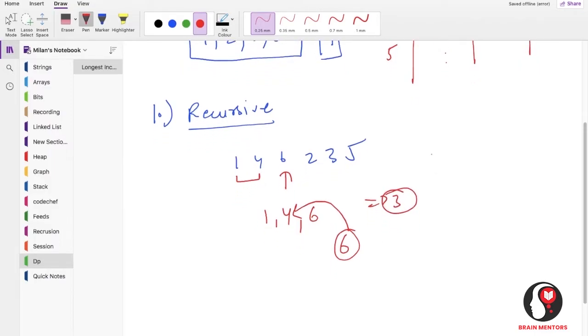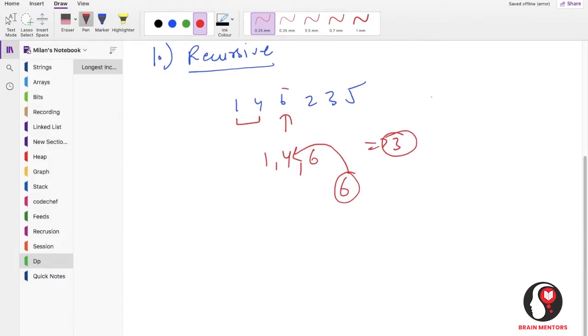Basically, if the current element is greater than the previous element taken of the subsequence, then we add 1, because our current element is added to the previous subsequence length, right? Previously it was 2, now it would be 3, as the new subsequence is 1 4 6.